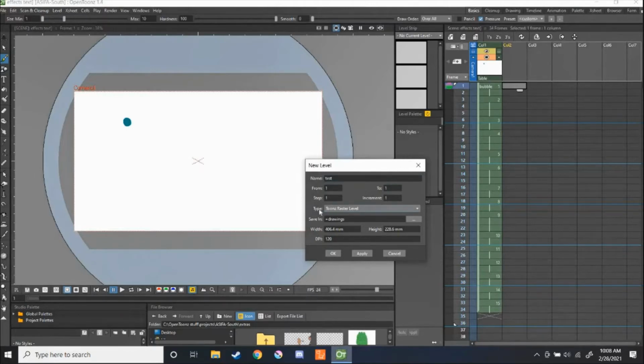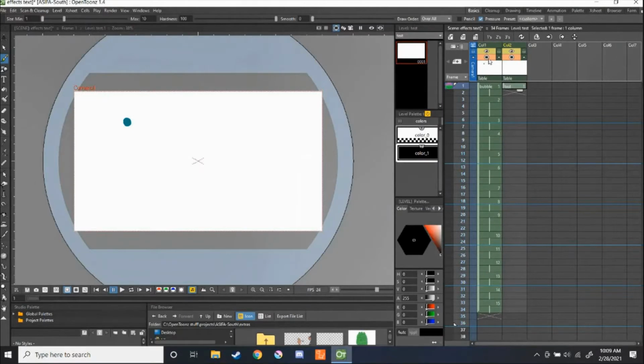You also want to be aware of what type of level or layer you are working on. Our current default is set to Raster level, but you can adjust it to either being a vector base or a scan layer if you are scanning in animations that you have drawn with pen and paper. I'm going to hide our droplet here, and we are going to draw a circle to start out with on this layer. Then we are going to jump somewhere around the center,